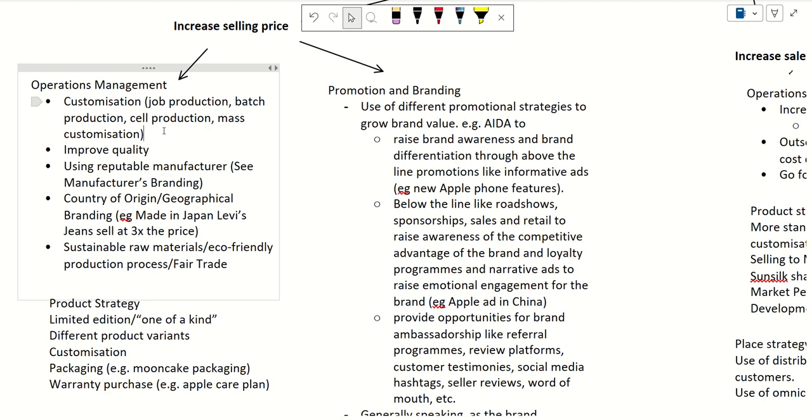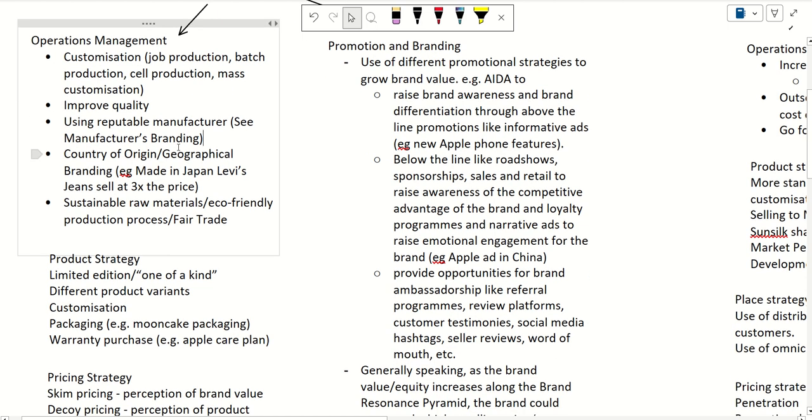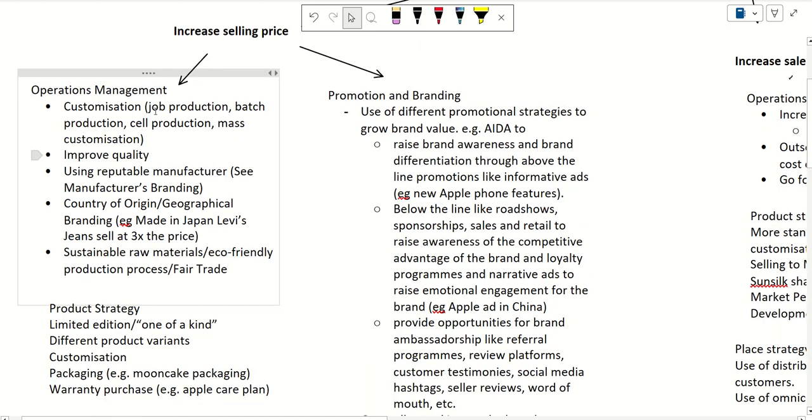For example, some of you make notebooks and draw characters, some anime characters, or write some words, and some of you even sell to people who want them customized. That means they order a customized character or customized phrase, a calligraphy, and then you sell them for a higher price, correct? This is what I mean by customization can increase selling price. Of course, if your quality improves, you can also command a higher selling price over time. Just like Apple, for example. We believe in Apple's product quality, and people are willing to pay for better quality products rather than a product that might break down